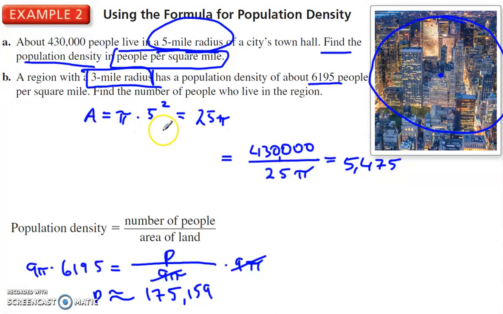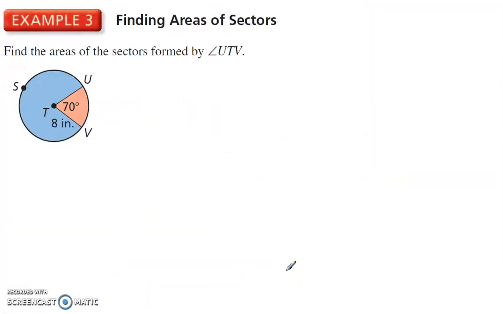Okay, that's population density. All right, let's look at the area of sectors. Remember earlier I said the area of a sector is the area times the angle divided by 360. So the total area of the circle, that's pi r squared, times the angle over 360. So the area of the sector is pi times